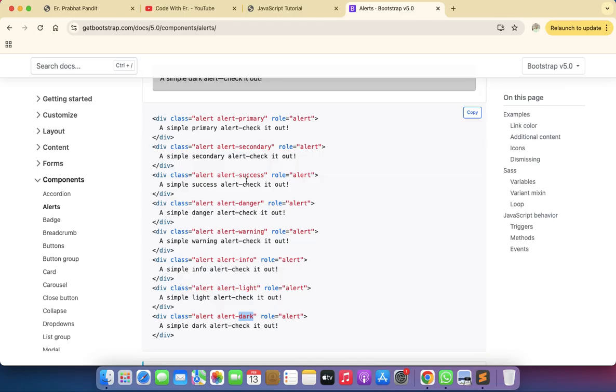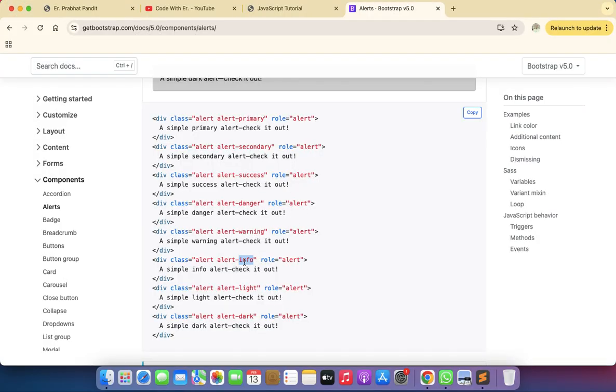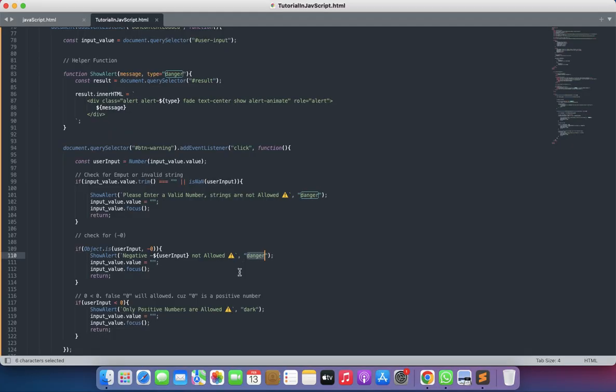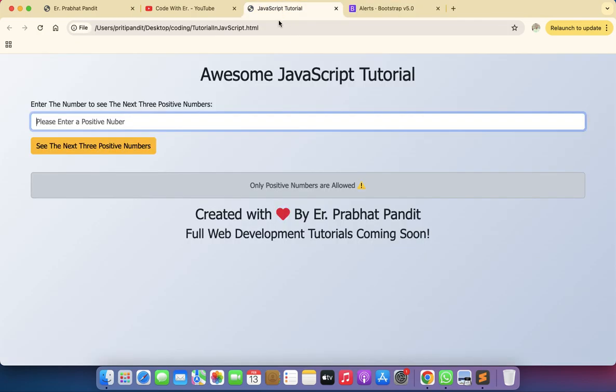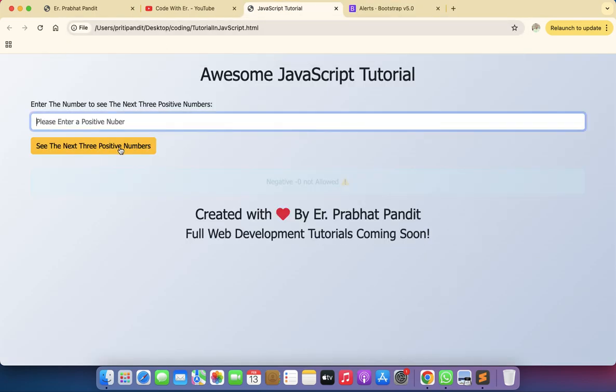So you can see here we will be able to change this alert as well. Instead of danger, because I have used danger one time, I'll just use here info. So copy this info from here and just paste it here, save the file. For the negative 0 I'll show the alert as info only. Just save the file, and now just refresh this page, and I'll put here negative 0, see here is